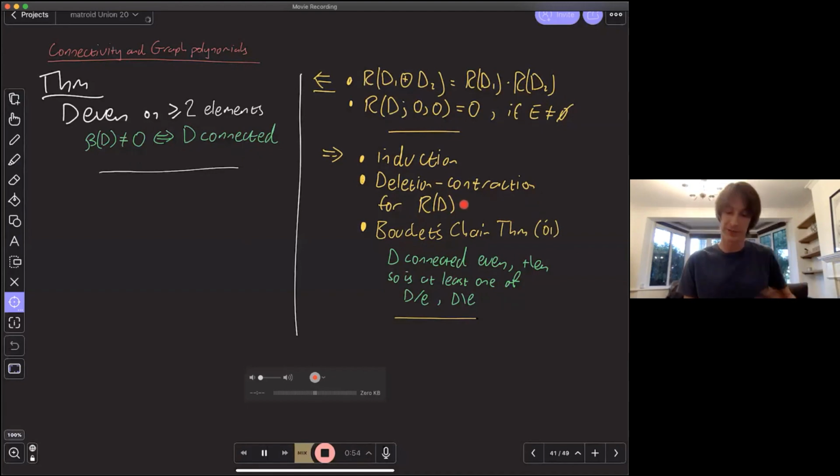It's more involved, but it's still a deletion-contraction relation. Then, to get hold of the connectivity, you make use of Bouchet's chain theorem for delta-matroids from 2001, which tells you that as long as you've got a connected even delta-matroid, then if you delete something and contract something, one of those resulting delta-matroids must be connected. Together with the deletion-contraction, this allows you to reduce everything to the case of delta-matroids on 2 elements, which you can just check.